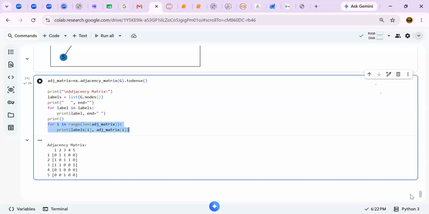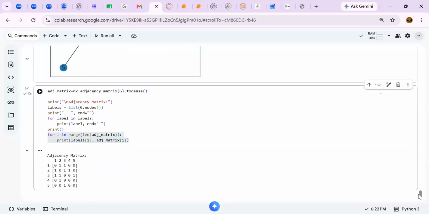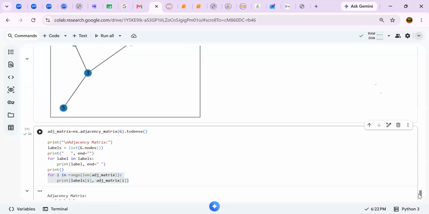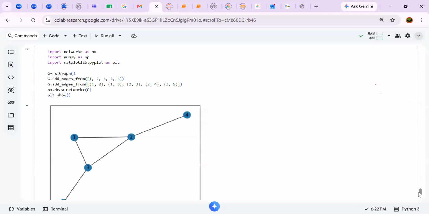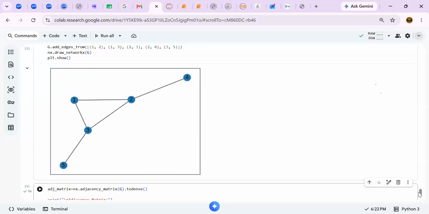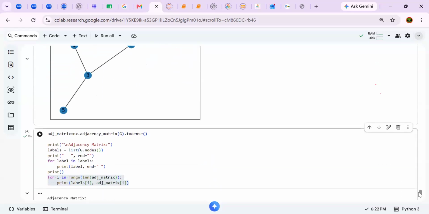Okay, so here you can see, we can compare with the previous graph. Here we can have a 1, 2, we have an edge. Okay, so for example,